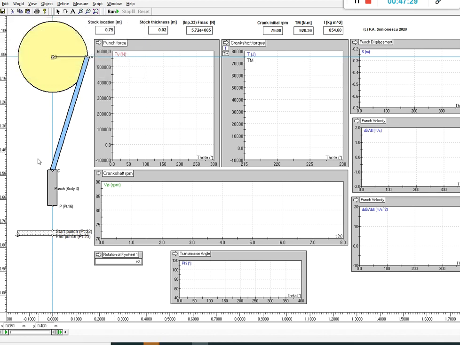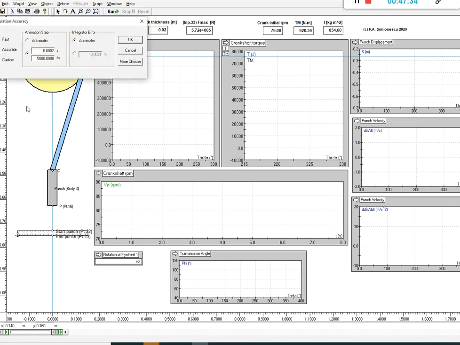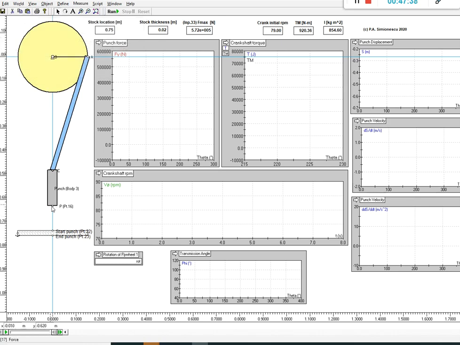In order to capture the interaction, if the animation step size is too big, I may not capture one frame before punching starts and the next frame after the punch ends, and I'm not capturing the interaction between the punch and the workpiece. When I say interaction, that is the way I define it. Working Model is not that smart; I've seen students trying to just force the punch through